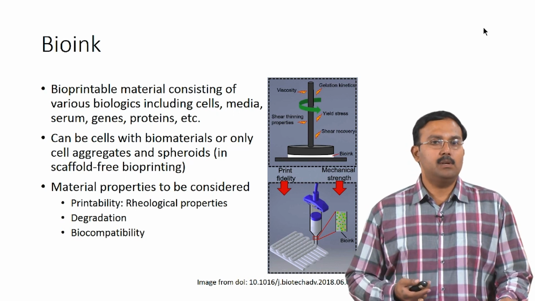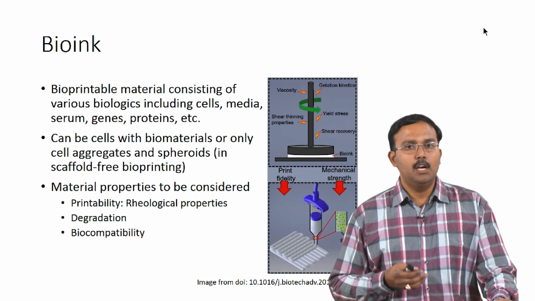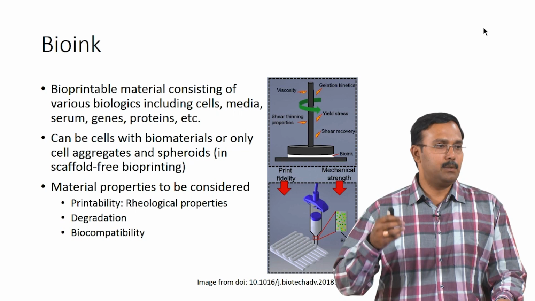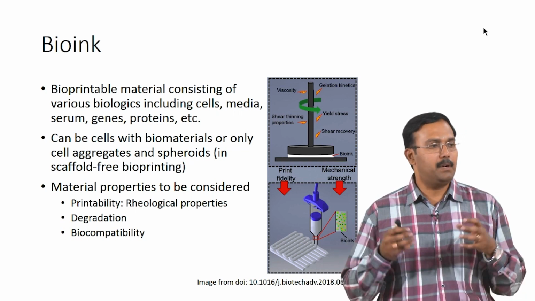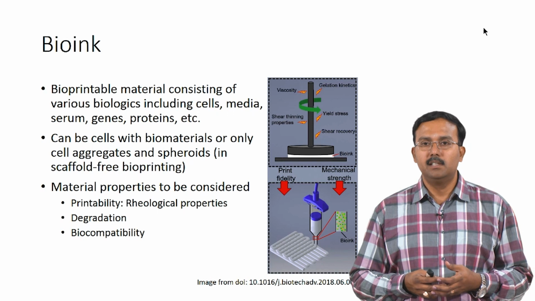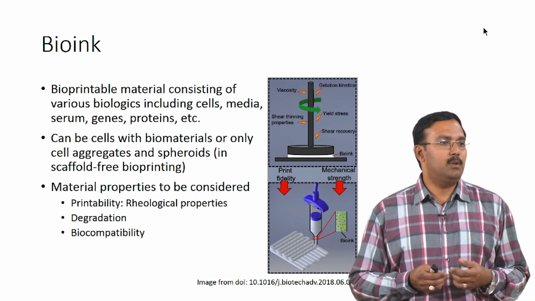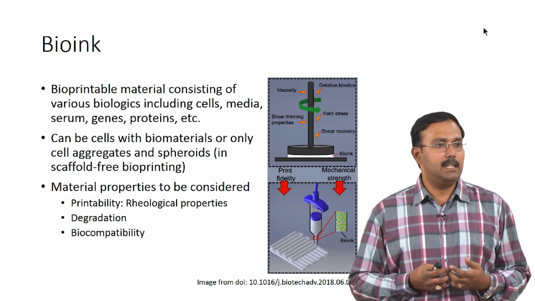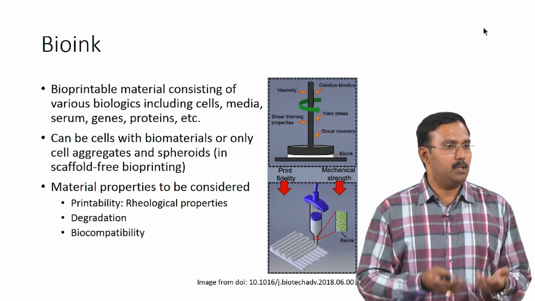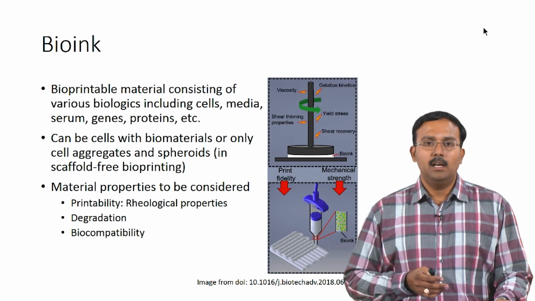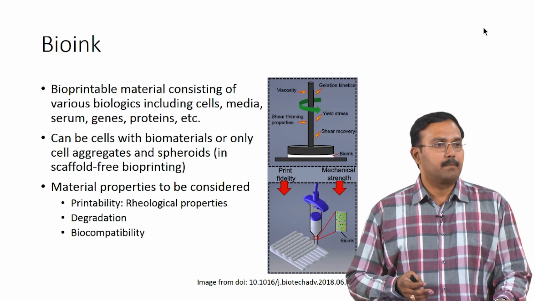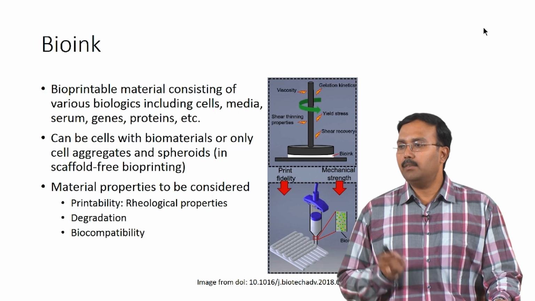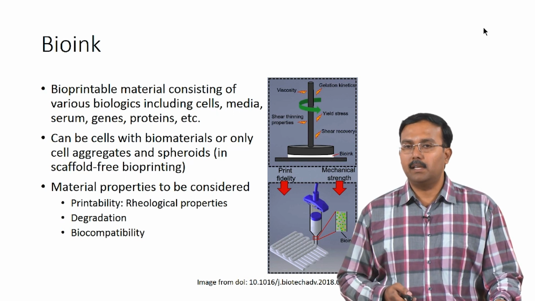Material properties which you need to consider while you are designing a bio ink is printability. So, whether the ink is actually printable, whether you will be able to load it, and whether its rheological properties will actually help you in printing the tissue. Then you have to look at the degradation factor. So, how well this material is going to degrade and whether it will degrade during the process, and so on, and obviously compatibility. So, these three aspects have to be chosen carefully to identify the appropriate bio ink for a 3D printing technology.